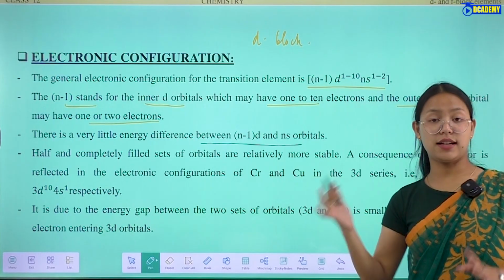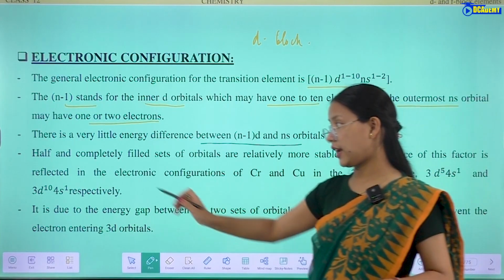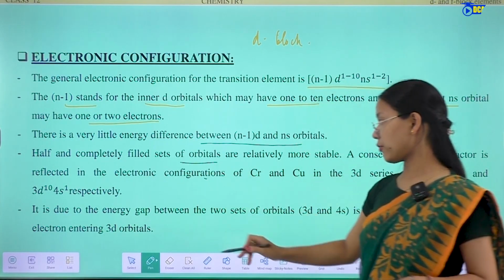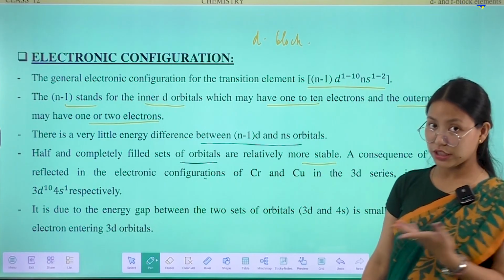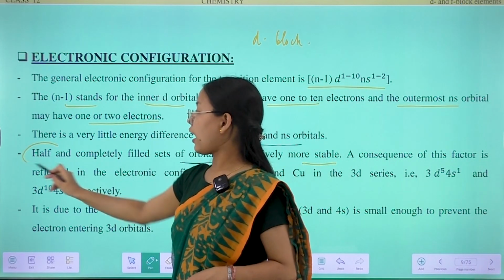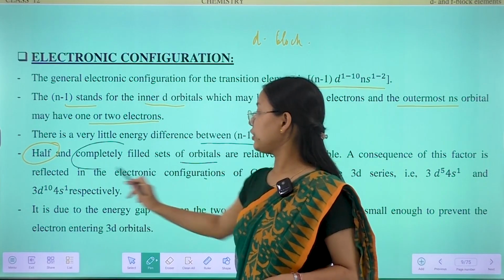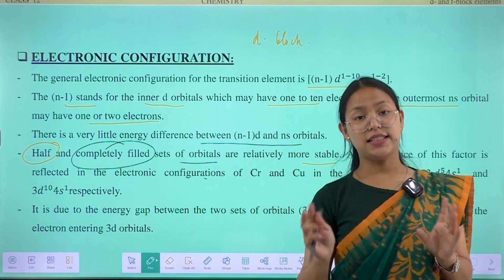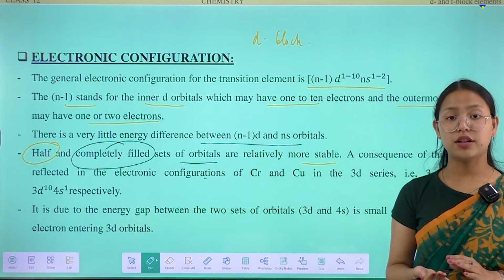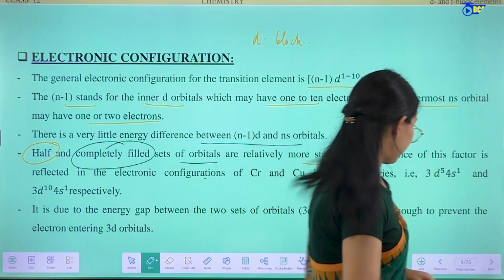Between the n minus 1 d and ns orbitals, half and completely filled sets of orbitals are relatively more stable. Half filled or completely filled sets give quite a stable electronic configuration. That means